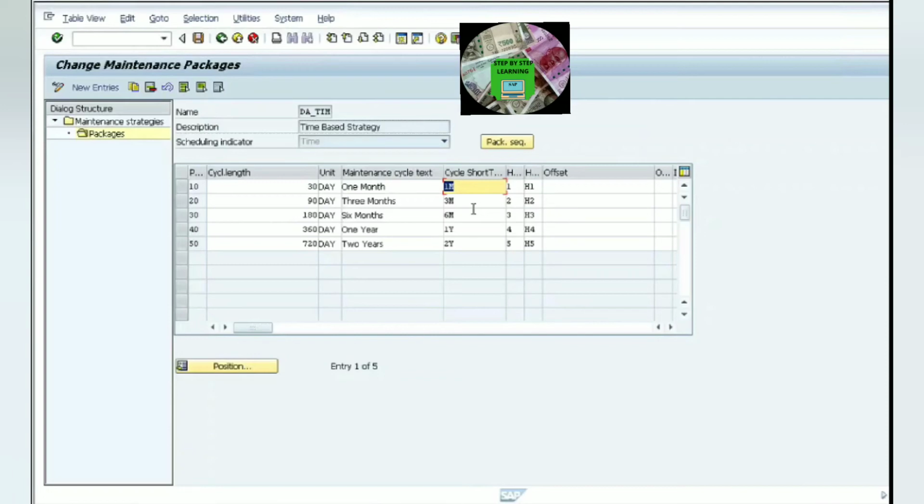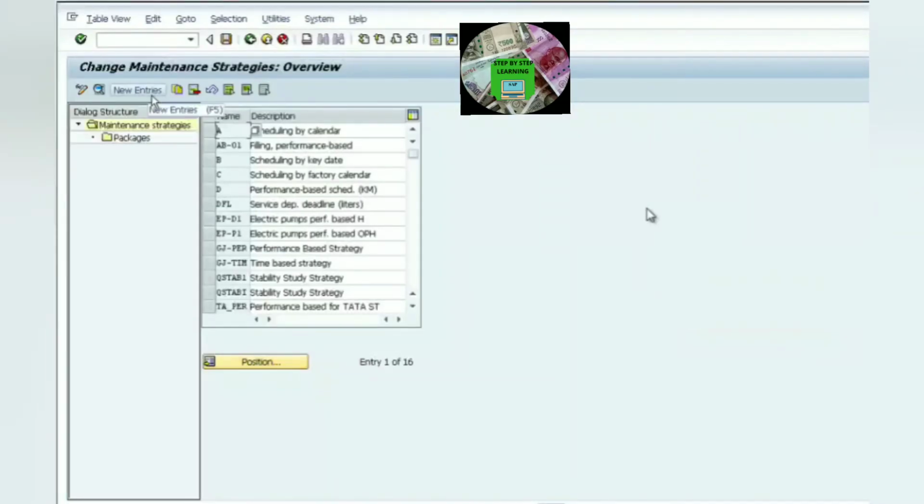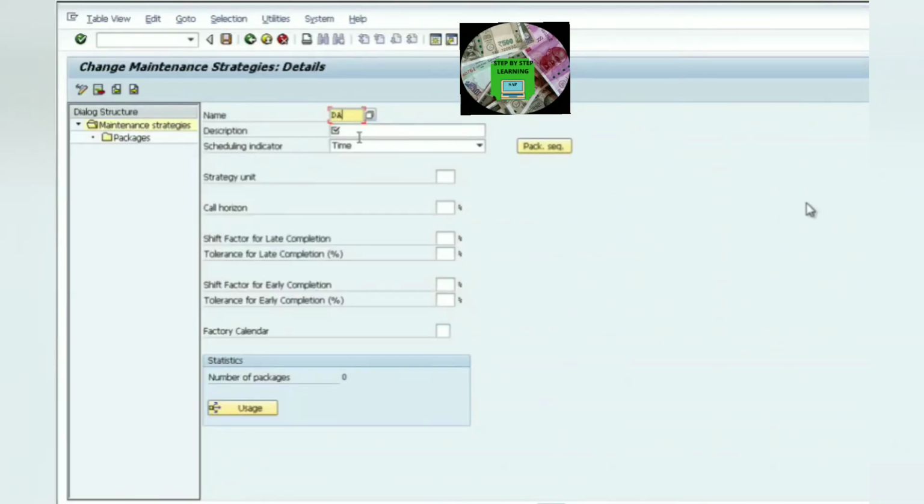Let's create one maintenance strategy in the system, and we'll see the things. The transaction code to create maintenance strategy is IP11. Here I am defining the new entries. I am giving some code DA underscore team, and will give some description. Time based strategy. So we'll create some time based one,